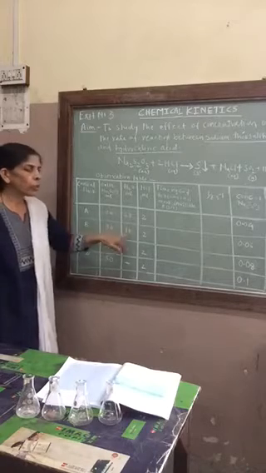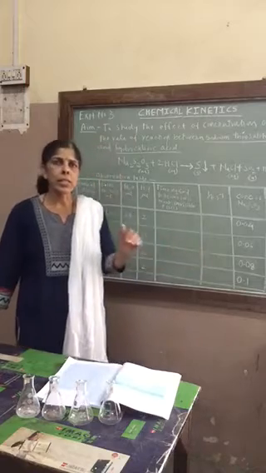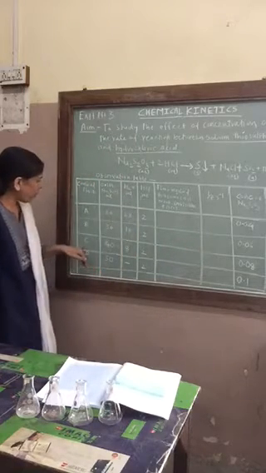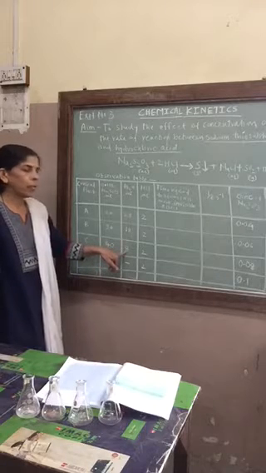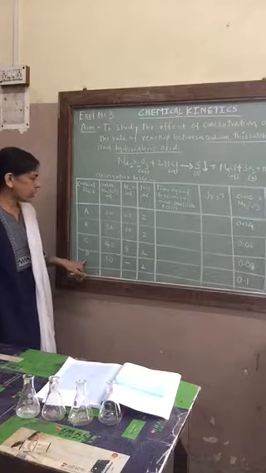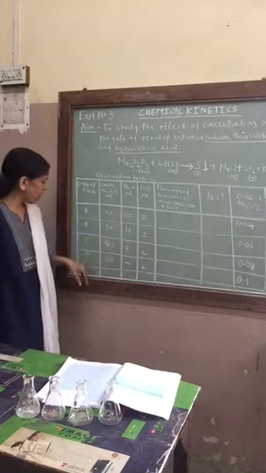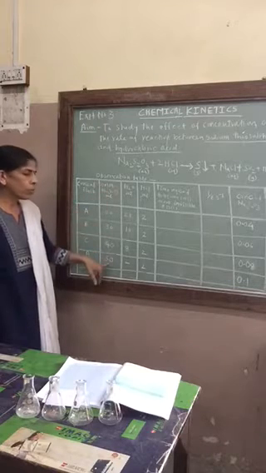Okay, after taking this particular combination in flask B, you are going to keep it aside. Take flask C. In flask C, you are going to take 40 ml of 0.1 molar sodium thiosulfate and 8 ml of water. Okay. Then in flask D, you are going to keep that flask aside. In flask D, you are going to take 50 ml of 0.1 molar sodium thiosulfate.